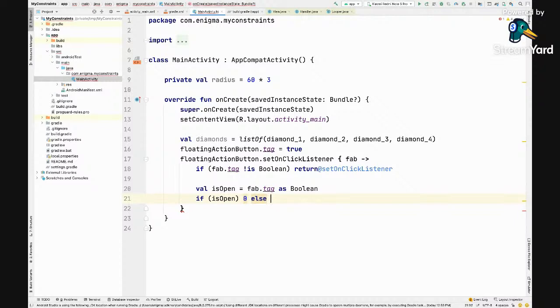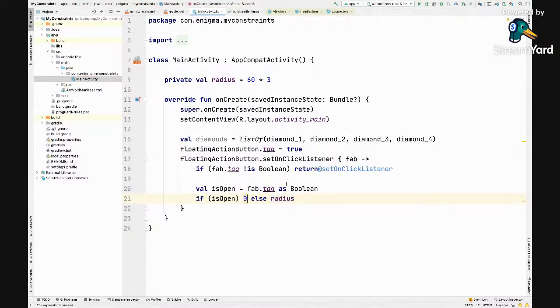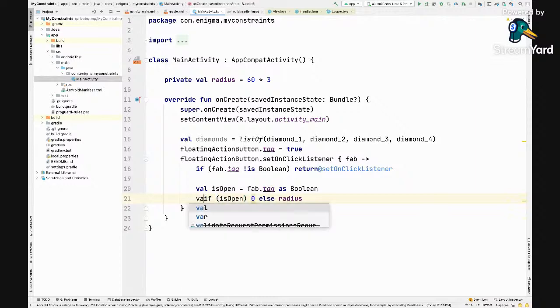Right? So we want the state to be alternate. So if it is open, then we want to close it. So we want to make the new radius to be this one.